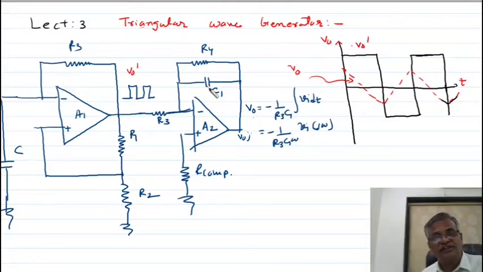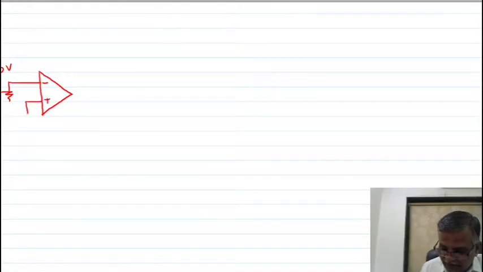Now I am showing you another circuit with a less number of components. It is a triangle wave generator, but with a less number of components. This is the circuit diagram here, in which the first circuit is a square wave generator. This has a 0 voltage. Here I am connecting the potential divider network. This is a potential divider network, resistors R2 and R3.